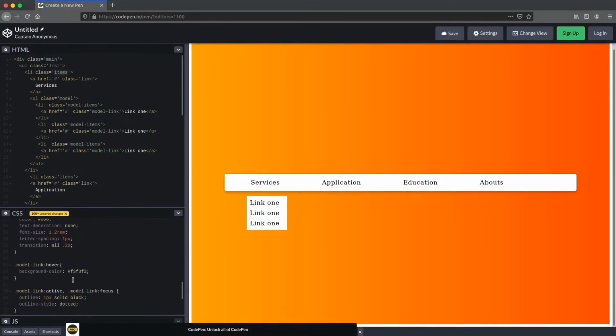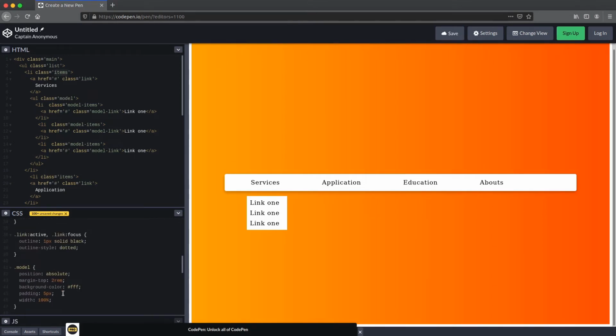On model, I set this clip path to polygon. As I told you guys, this accepts a geometry figure like polygon, triangle and circle. Polygon accepts coordinates like x and y, x and y, x and y. So what's the point here?